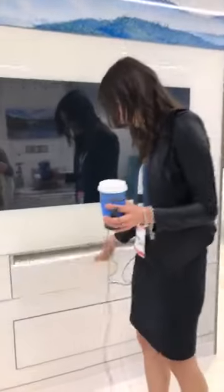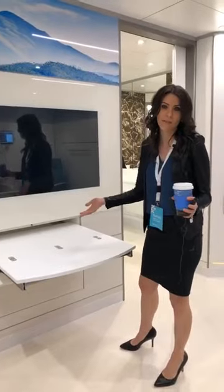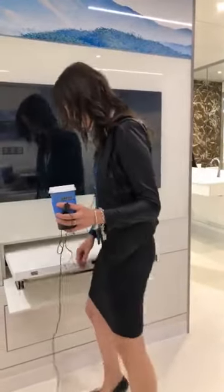So another great example here is a little bit of a workstation. Or if the family's coming in to have a meal maybe with the patient and they need a table, now all of a sudden we have a table, but the other 98% of the time when we're not using this, it folds up cleanly into the wall, and it's tucked away again so that it's not collecting dust or bacteria and becoming an issue for the hospital